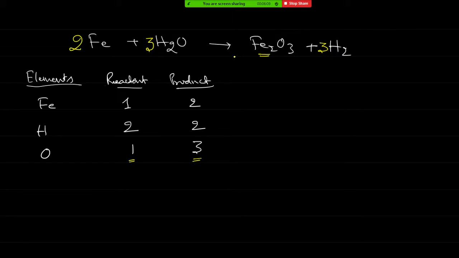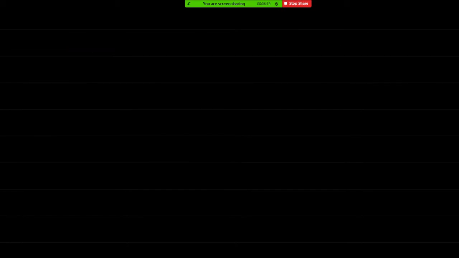So in this way, by hit and trial method, the simple equations can be balanced much easily. But for the more complex equations, it is not so well suited. We will see one more example. There are two more examples, 4 and 5. All of these examples you have to practice.